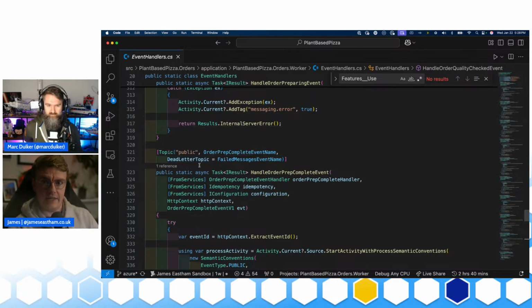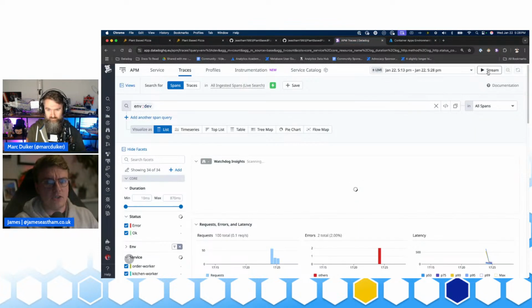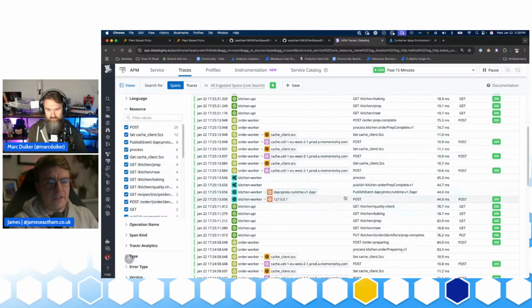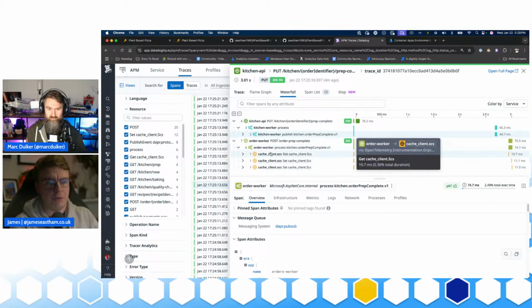When you combine that in .NET with the way PubSub integrates with OpenTelemetry in Dapr, the way you get your cloud events wrappers, the way you get the trace context automatically injected into your message, what that gives you in practice is automatic trace propagation. So I'm using the Datadog UI here. This is not me talking about Datadog, just a way to demonstrate this working in real time. Because this is all using Dapr and configured with OpenTelemetry, you get this automatic trace propagation.